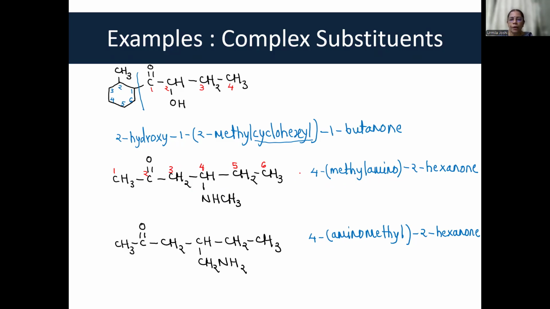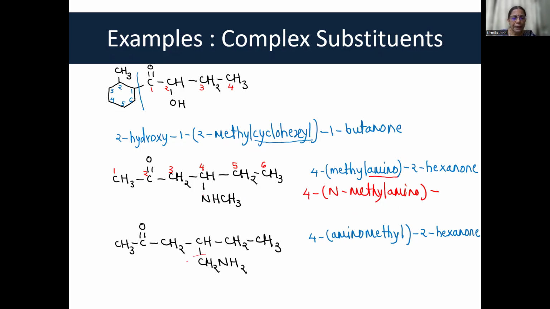The substituent, you can also name it as 4-N-methylamino 2-hexanone. Okay. But it is also right to name it as the substituent as methylamino. The end of the bracket term is amino. And so amino indicates its point of attachment to the parent chain. Okay. We will see a reverse example.